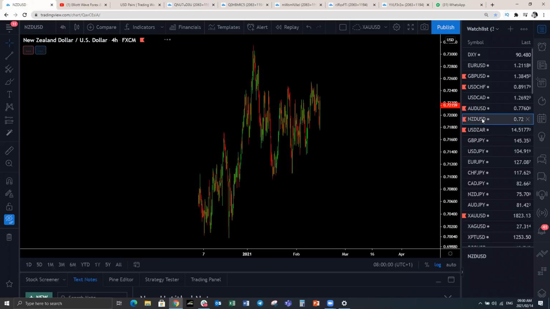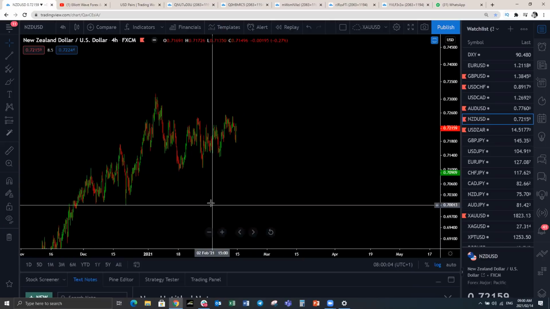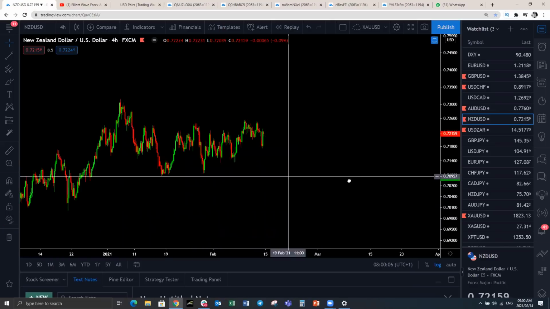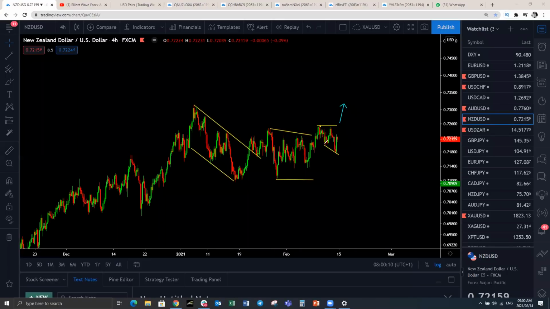New Zealand US dollar, let's have a look. Now, New Zealand US dollar, pretty interesting. Because we're expecting upside on the rest of the US dollar pairs, that is against the US dollar, we will expect New Zealand to push up higher as well. Will it only push to this level? Why would we expect it to only push to that level? We may be getting a deeper corrective structure as follows. So this could be a 1, 2, 3-wave move around this level, and we could still get 1, 2, 3